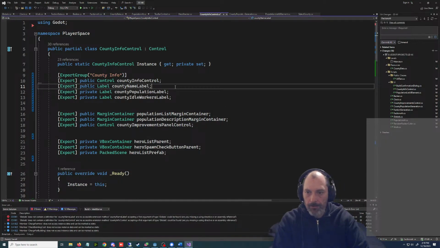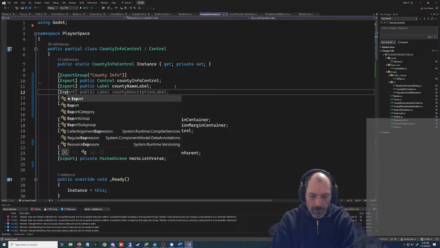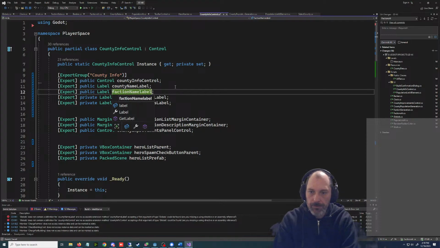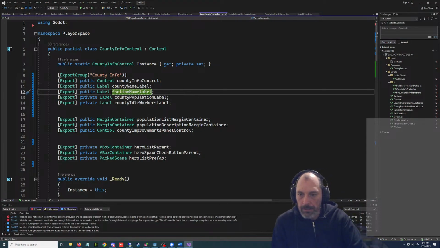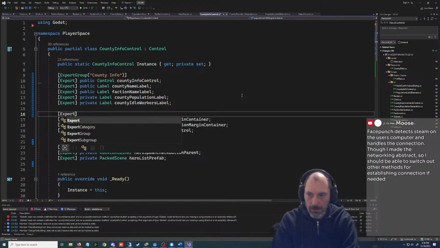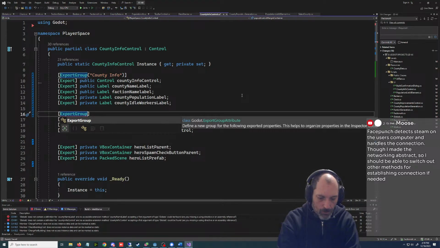And then we need faction name label. Then these are like containers or some shit. I'm not quite sure why.